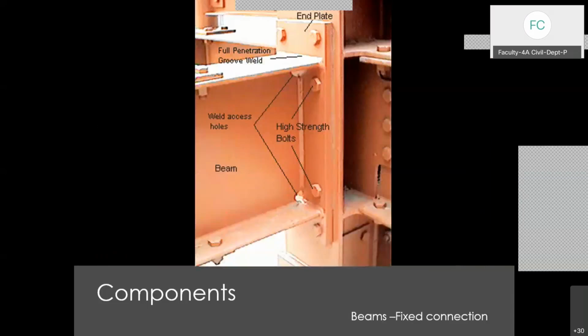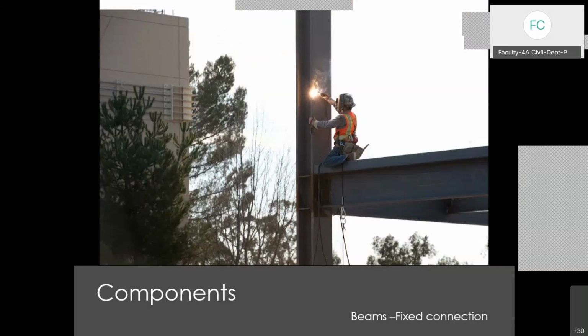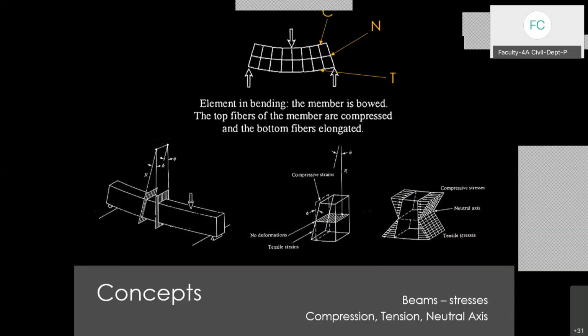So fixed connection, you can see this is the beam fixed connection where we used to do the connection. This is related to the steel part. Similarly, this kind of thing, the connection is made between beam and column, and this is considered to be fixed as well. So this concept you know it in the strength of material.